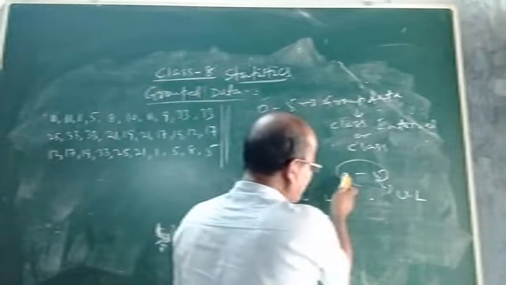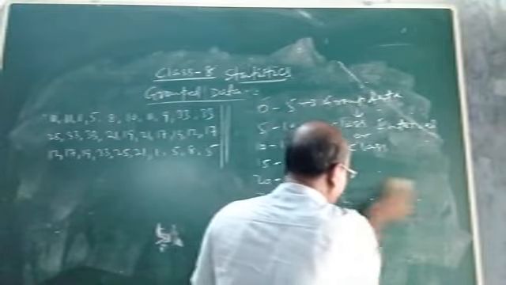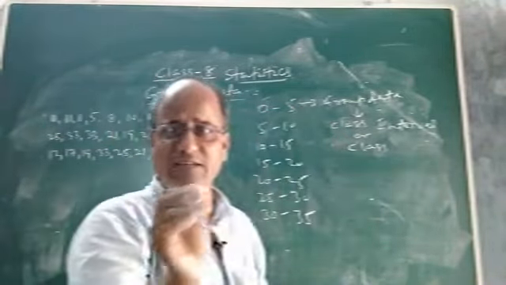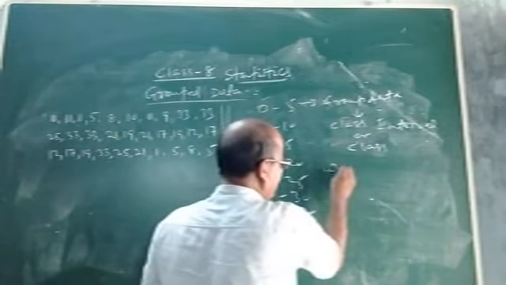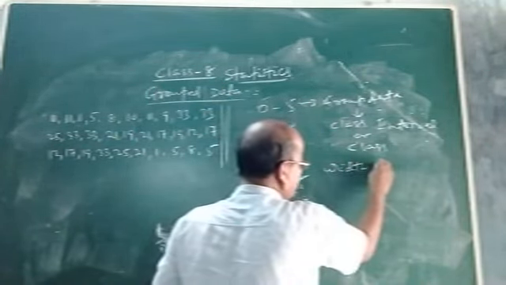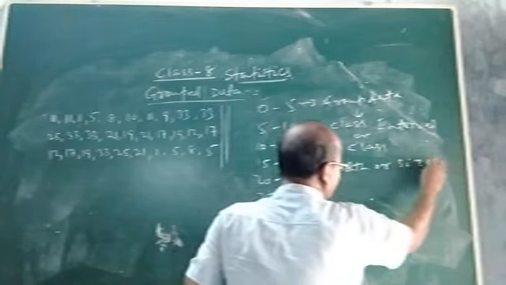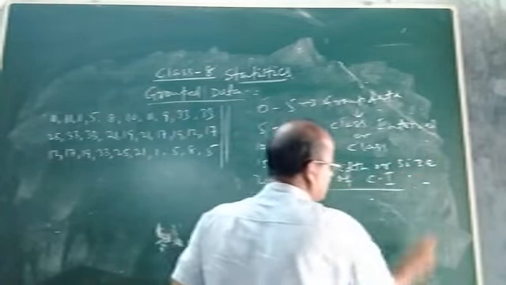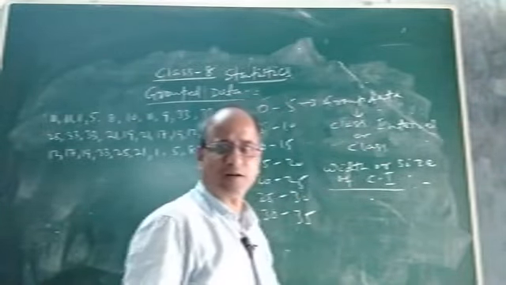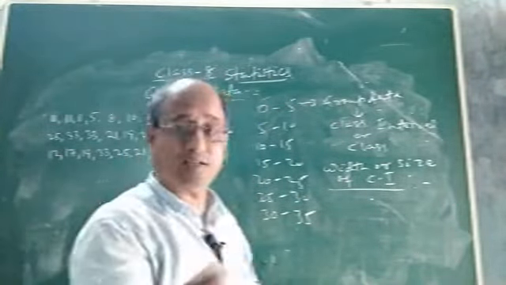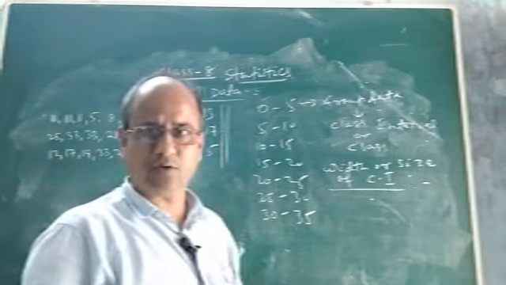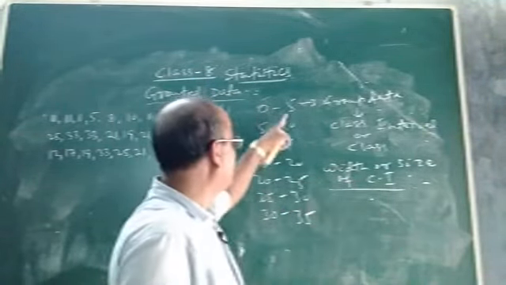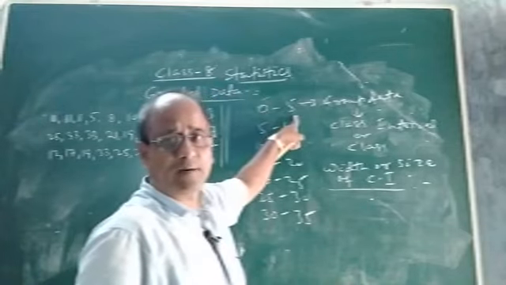Now if this is the lower limit and this is the upper limit, then we have to discuss what is width or size. What is meant by width or size? Width is otherwise known as size of class interval, CI, or width or size of each group data. How to find it out? What is the formula? To find the width or size, the lower limit will be subtracted from the upper limit.